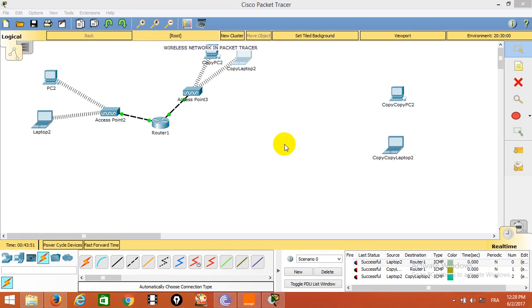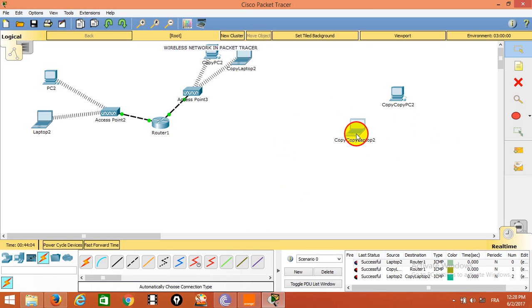Welcome to Wireless Network in Packet Tracer Part 2. In Part 1, we configured WPA and WPA2 preset, which is personal mode. Today, I shall be showing you how to configure WPA2 Enterprise or WPA Enterprise, which requires a RADIUS server to